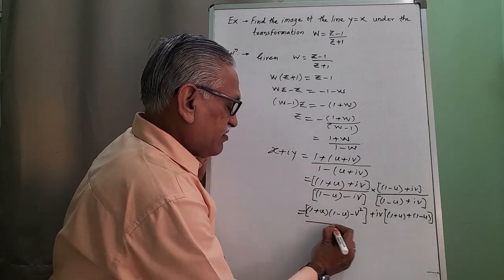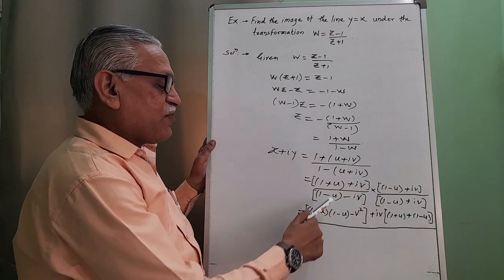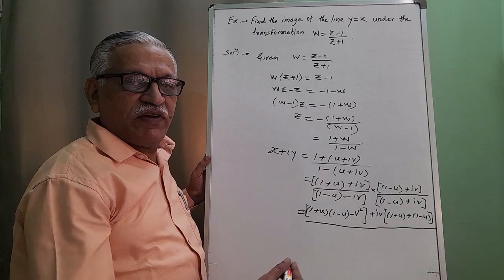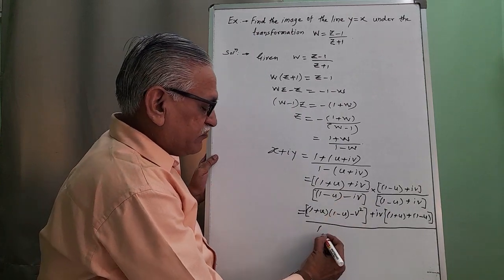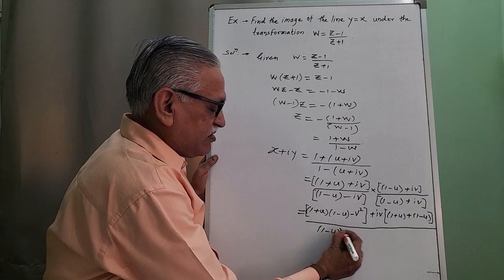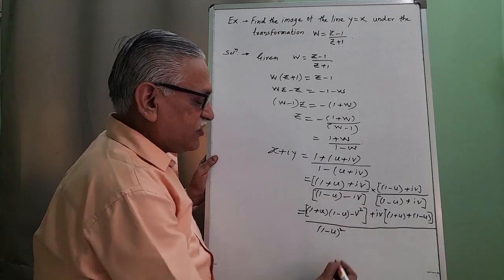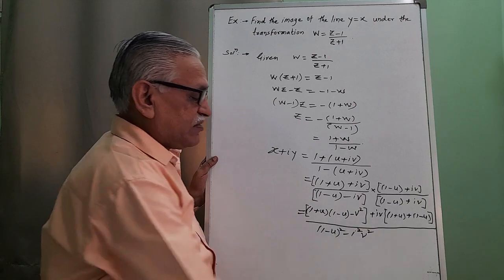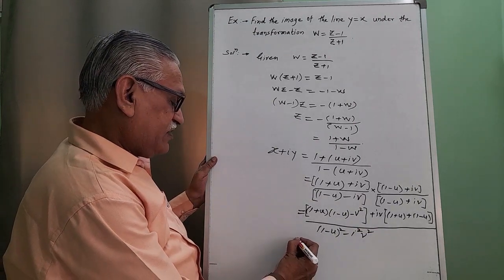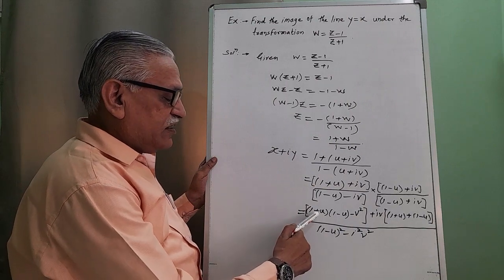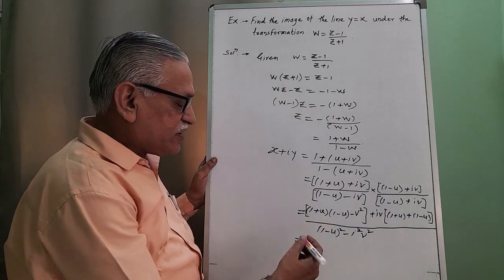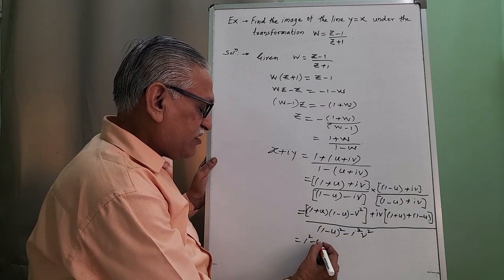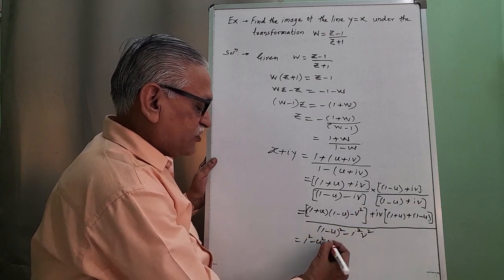Whole divided by a product of a plus b into a minus b type of term. Its product is a square minus b square, and therefore it is 1 minus u whole square and minus i square v square. It is a plus b into a minus b, that product is a square means 1 square minus u square, and this minus v square